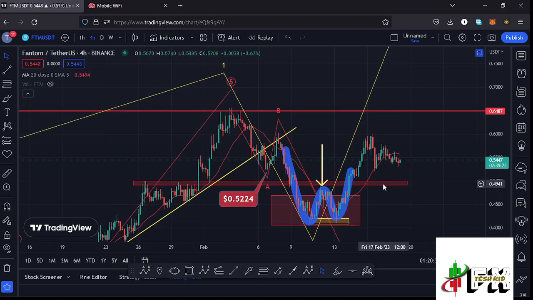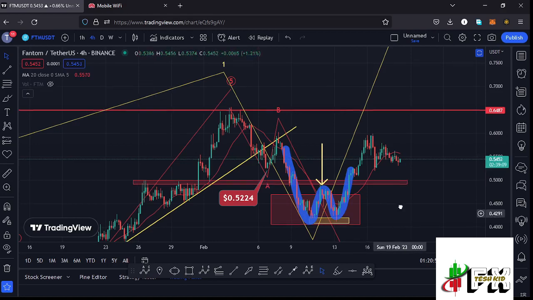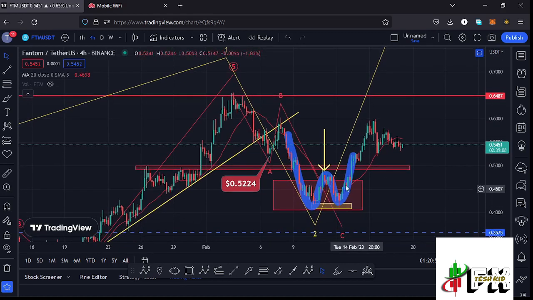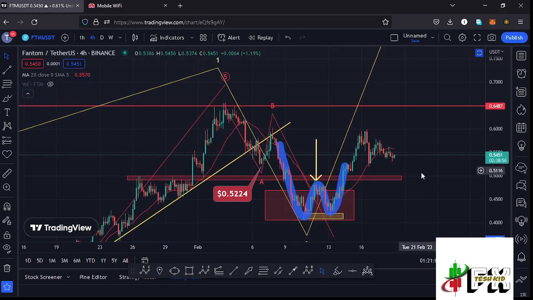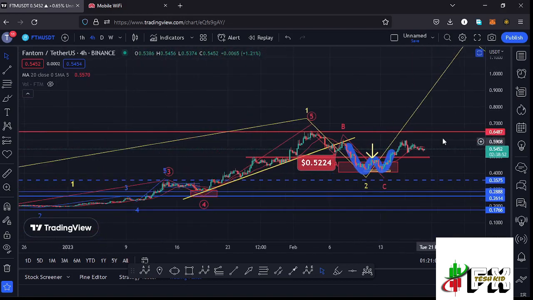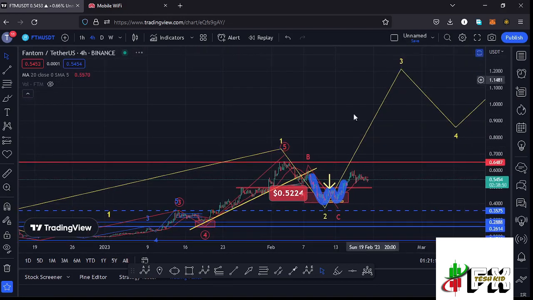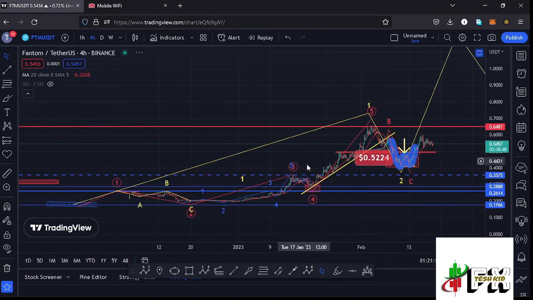We have also lost the 20-day MA here on the 4-hour chart, and that is after making a high at around the $0.6 mark, and that is after seeing a breakout out of a chart pattern that we had over here on the charts, which is a double bottom that was formed after we fully maximized our target areas to the lower side in the formation of these larger Elliot wave count 2, and I believe that whatever we are seeing at the moment is the start of a massive bounce to the upside in the formation of these wave 3. And before I get further into the technical analysis and also give you the short-term scenarios that I'm expecting to play out here on the Fantom chart,